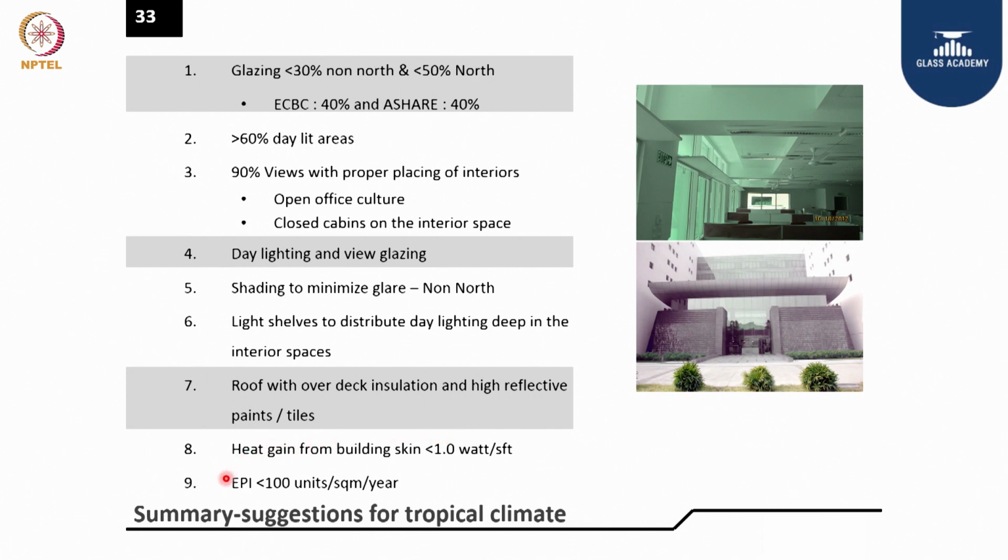And the energy performance index for our kind of climate, if you have cooling, is about 100 units per square meter per year. And there are many corporates achieving 80 and 70. So ideally overall we should look at less than 100. These are around nine very important parameters for a building design. If you look at these numbers, your building will be really super performing. In addition, you can go for solar energy to substitute, to make it really sustainable for the long run.